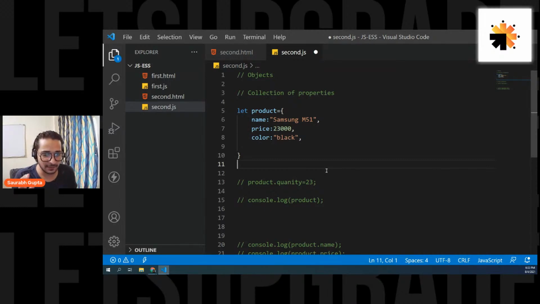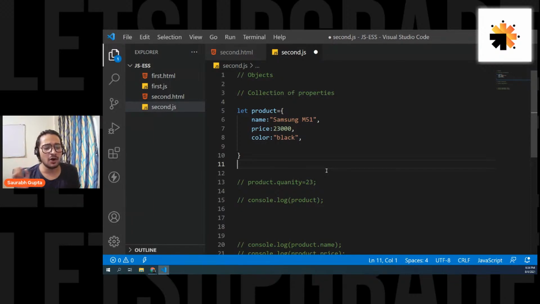How to implement JavaScript projects? Any examples? Yes, don't worry, Sagar. I'm going to tell you that. In just some time, let's complete the concept of objects, and then we'll move on to DOM manipulation, and you'll understand how we actually implement JavaScript into real websites. Okay, guys, let's move ahead now.